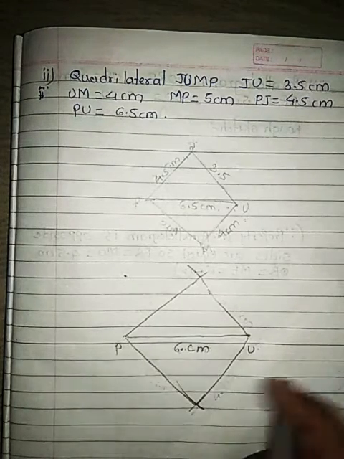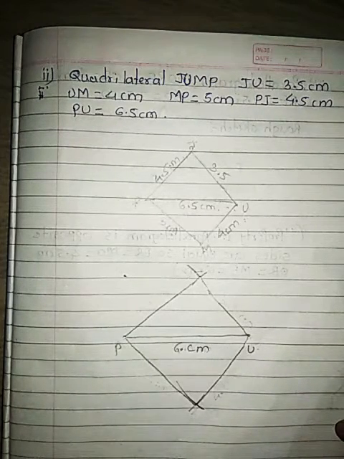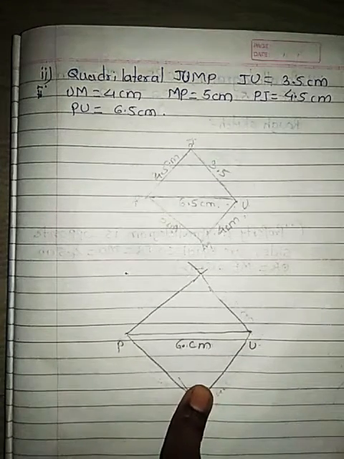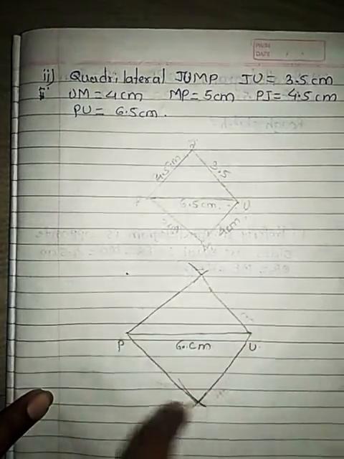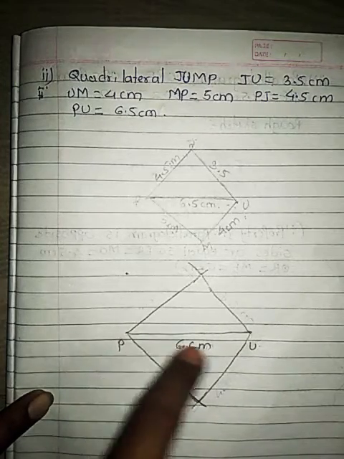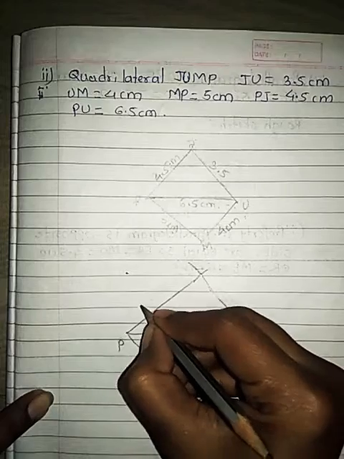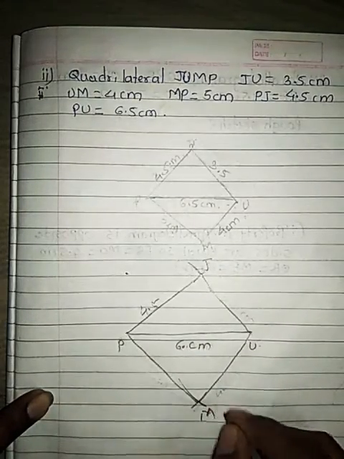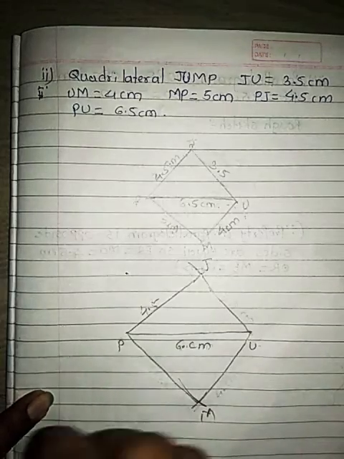Okay, then we have to go for the third question. See, this is similar to the first question, so I am not going with the measurements, but you should go with the measurements and a proper scale, and you have to write this 4.5, J U M P, all the things. Then